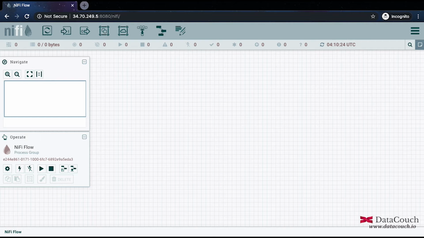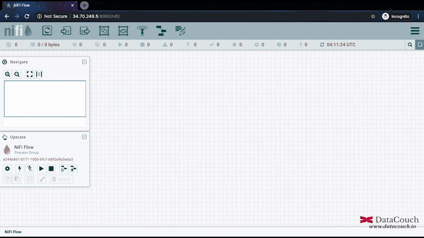For working with Twitter data, we will need some API keys. Those API keys you can set up on your own. You can create a Twitter developer account, and I will have a separate video on how to create a Twitter developer account. For the time being, I will be making use of my own API keys. In case you want to create your developer account right away, you can go ahead and watch that video before you continue further with this particular session. Because there is a dependency on the Twitter developer account, you need consumer keys and access tokens, etc. So first create your Twitter developer account and then come back to this video.